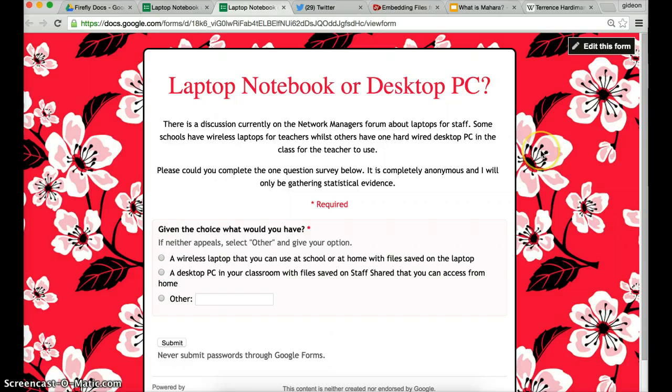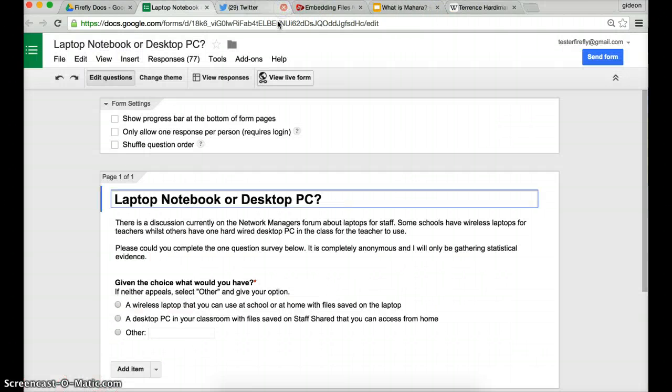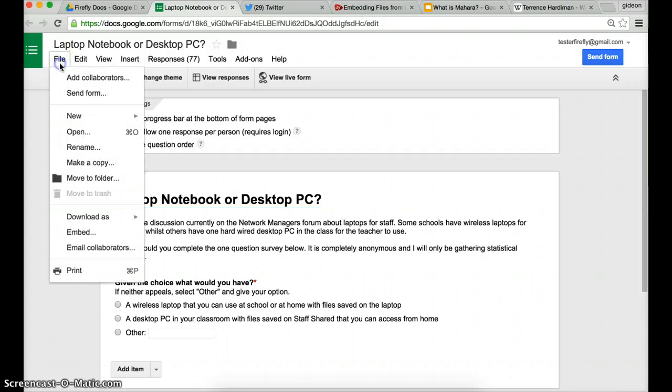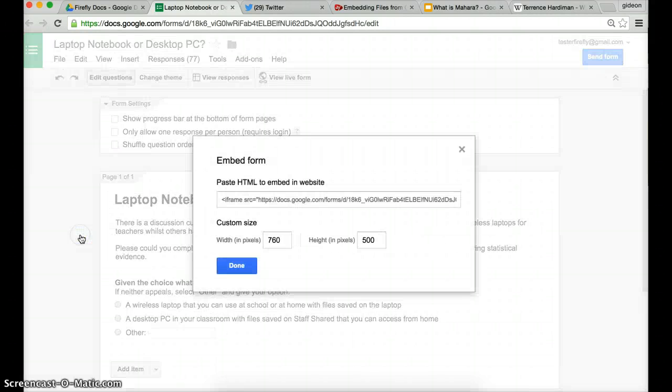So what I'd like to do is embed this form in my Firefly page. So I'm going to close this. And I'm now back at the original. So how do I go about embedding? Well, I click on File, and surprise, surprise, down at the bottom, there's a link to embed. Click on it, and I get the embed code. I also get some custom sizes that I could change. I'm happy with those sizes. So all I want to do is click on the code, and it selects the whole thing. I want to then copy it, Control and C or Command and C if you're on a Mac device,